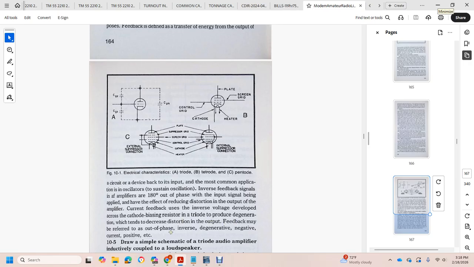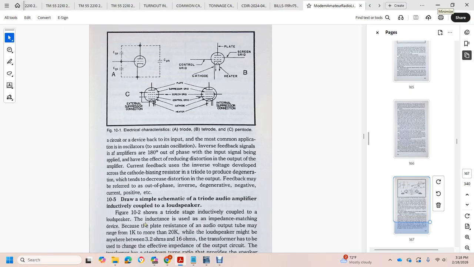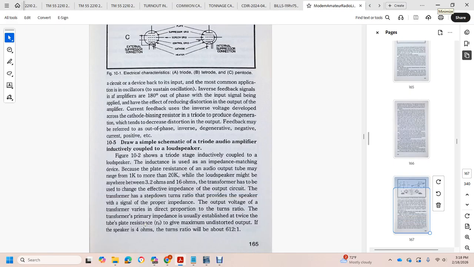Feedback may be referred to as output phase, with inverse feedback called degeneration or negative, and the other positive. Draw the schematic symbol of a triode audio amplifier inductively coupled to a loudspeaker. The inductive coupling provides impedance matching between the device and the load. The plate resistance of the audio output tube is in the range